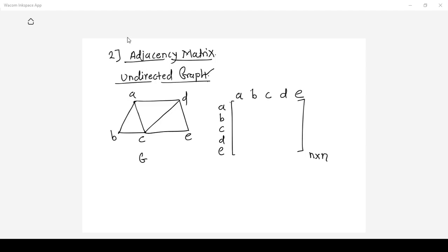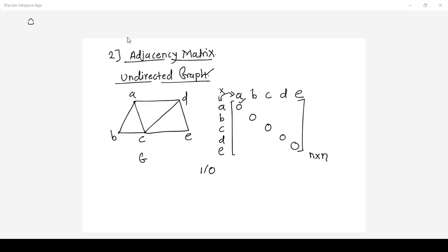Now this matrix will be filled with values. You can have a value of either 1 or 0. As this is an adjacency matrix, we need to check whether a vertex is adjacent or not. If you look at the graph G, there is no self loop, meaning a vertex is not adjacent to itself, and hence in the diagonal you will have all zeros, meaning A is not adjacent to A and hence value 0 here. Now the rest of the matrix we need to fill up.